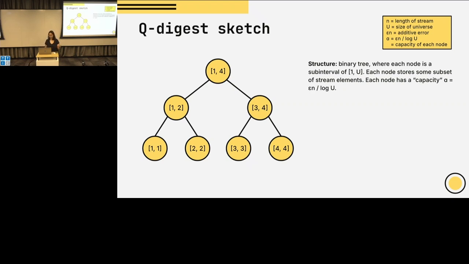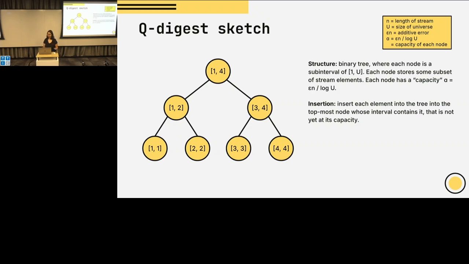Okay, so I'll start by describing how this Q-digest works, how we insert elements into our data structure, and then I'll talk about why it works and the space complexity. But first, I'm just going to talk about what it does. So if we insert an element into our stream, then we insert it into the tree, into the topmost node whose interval contains it, that is not yet at capacity. Every node is going to have some capacity alpha. Alpha will be set to epsilon n over log U, but that's not super important for now. The algorithm inserts every single element we receive into some node, so it's grouped into that node.